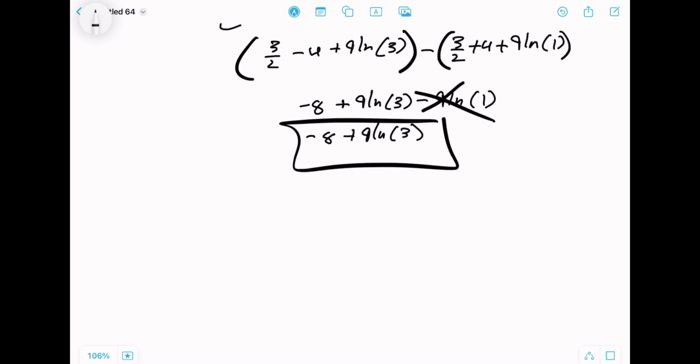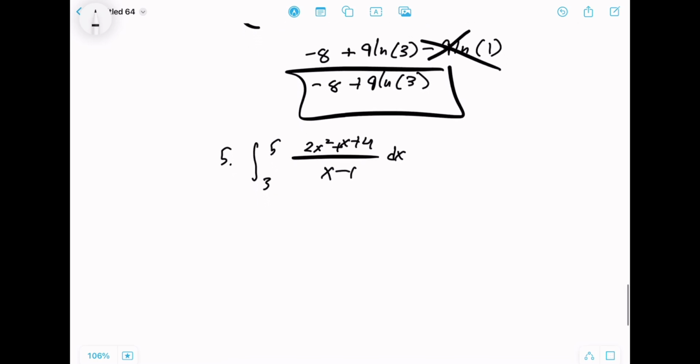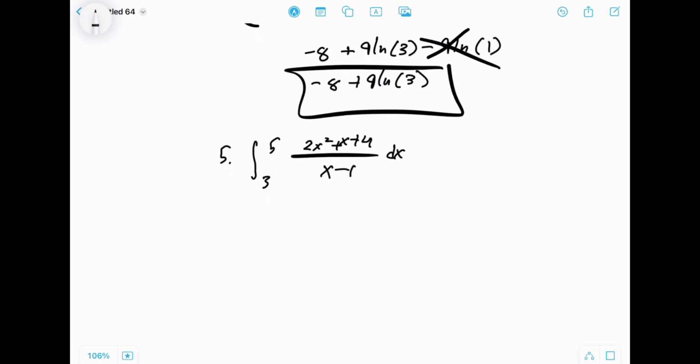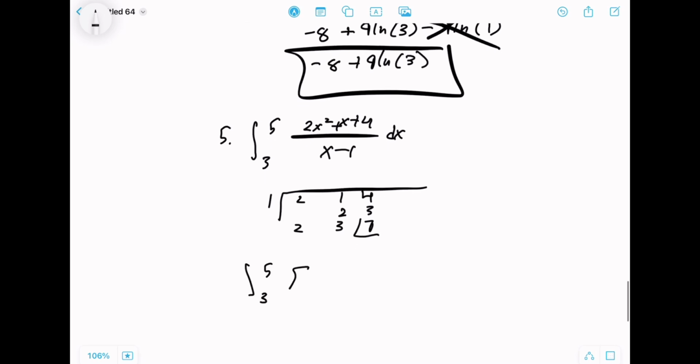The fifth question I want to do is the integral from 3 to 5 of (2x squared plus x plus 4) over (x minus 1) dx. Once again, this question I can use synthetic division. I'm going to let 1 be my divisor, and I have 2, 1, 4. I bring down 2, that's 3, that's 7. This is my remainder. So I get the integral from 3 to 5 of 2x plus 3 plus 7 over x minus 1